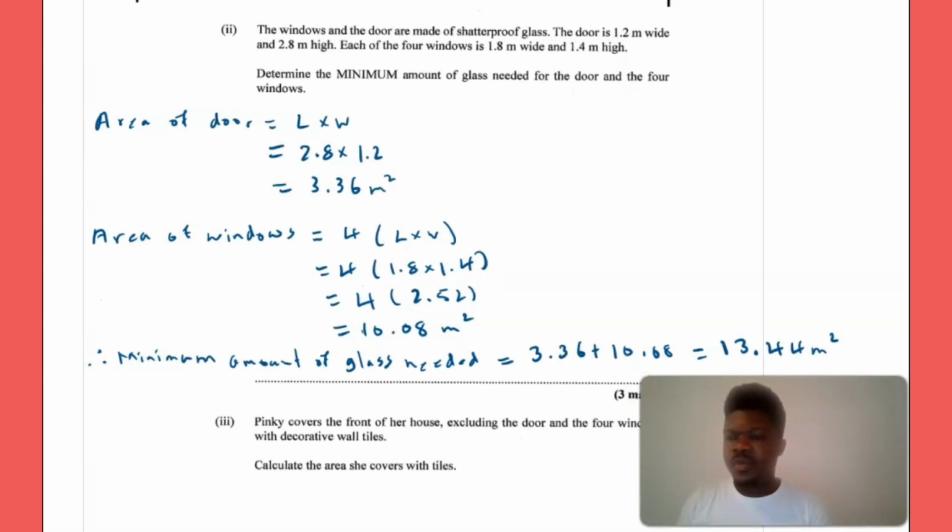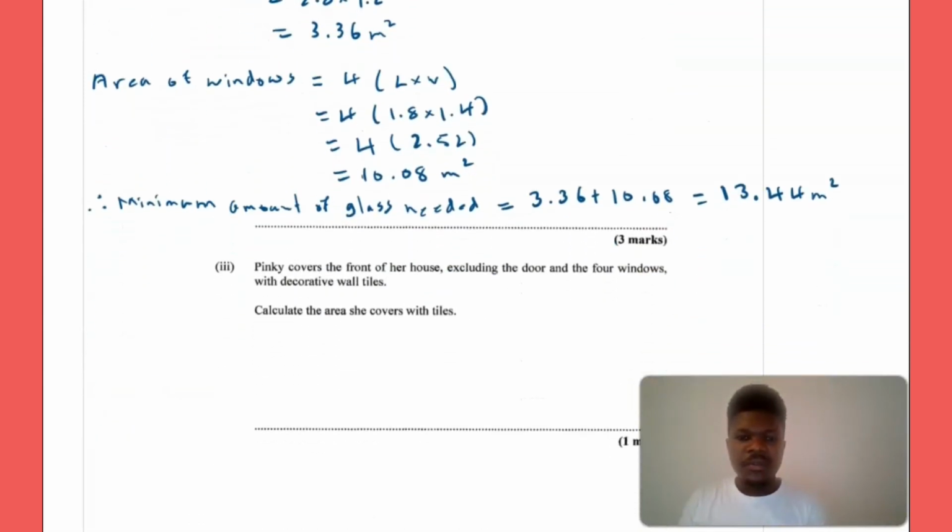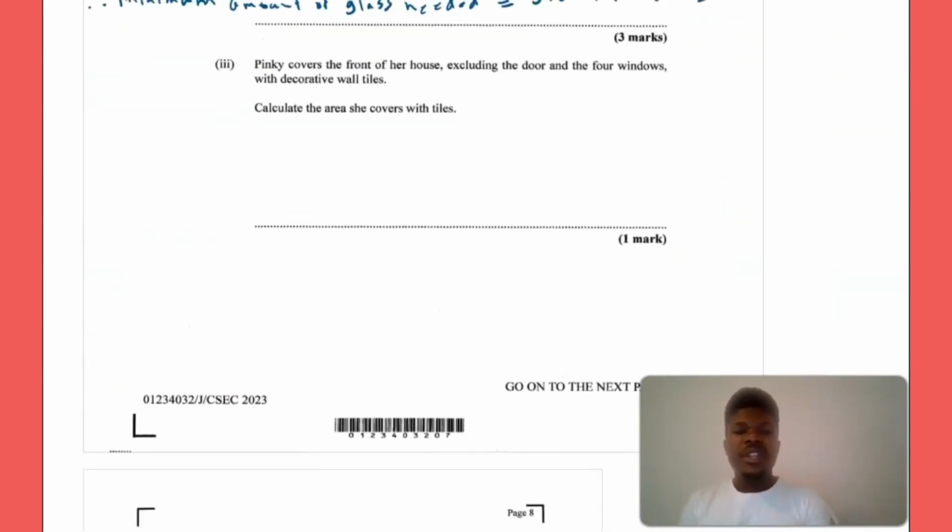And they say minimum because you can have spoilage. It's better to have more than less, so that's the least they would need because that's the exact measurement. Now, the third follow-up question is, Pinky covers the front